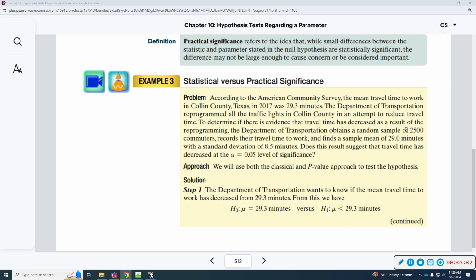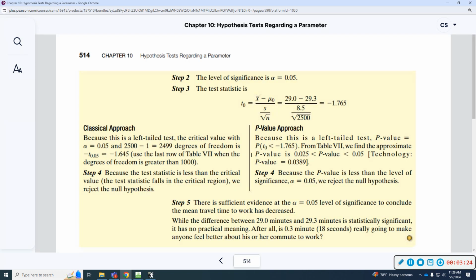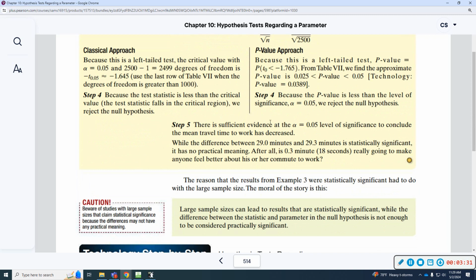So they got a sample of 2,500 commuters and found that the sample mean was 29 minutes flat. So that's not a big difference between those two. Is there statistical significance that time has decreased at the alpha equals 0.05 level? So then we go through the test. They do the t statistic, find the p-value, go through at alpha equals 0.05, and they conclude that it is